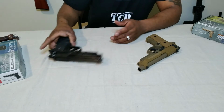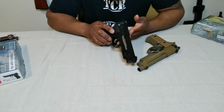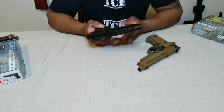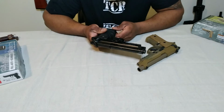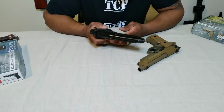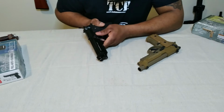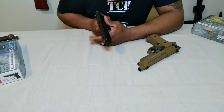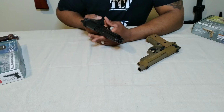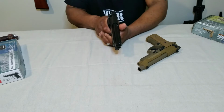However, right off the bat, I'll tell you that this one is full metal, and I'm very appreciative of the weight of it. The heft is just very nice. I've had this one for quite some time, so I might have a little bit of fondness for it. Also, you can see where it has a finger recess here in the front of the trigger guard. And I mean, that adds to comfortability,